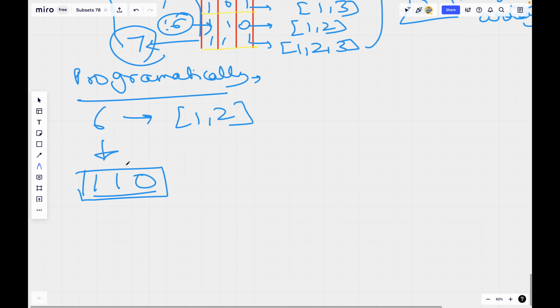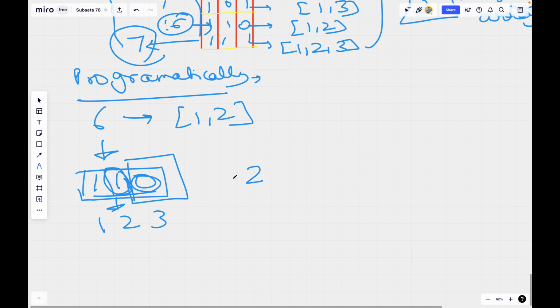And I will check if its last bit is set or not. If it is set, then I will include that into our subset, else I will not, right? For example, I can see this bit is not set, its last bit is not set. I will not include 3 in the subset. Then I will check its second last bit. Is this a set bit? Yes. Then I will include 2 into the set. Is this a set bit? Yes. I will include 1 into the set.